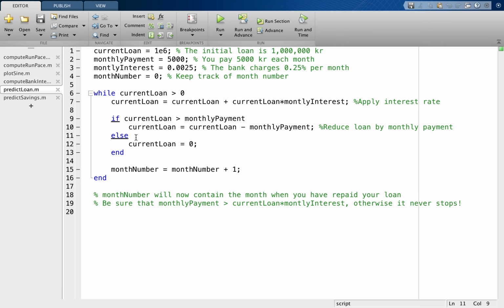Else, well, that is happening when the current loan is not greater than the monthly payment. Well, then you have less to pay off than the monthly payment. So therefore you put it to 0. And then at the end of the while loop, we take the month number, add 1 to it, and save it again. And then the while loop is going to be running until we reach the point where the current loan becomes 0, and that is when this statement is not true anymore. So let's run it